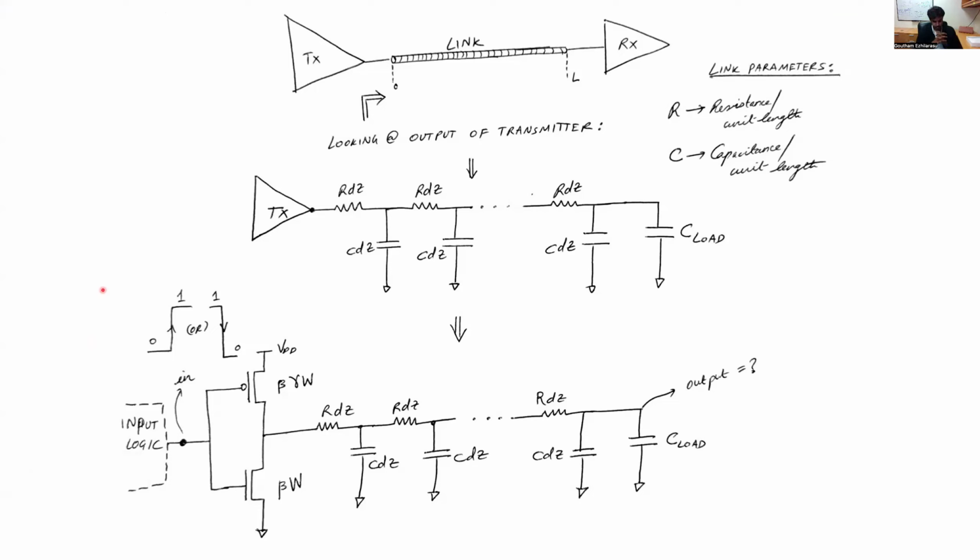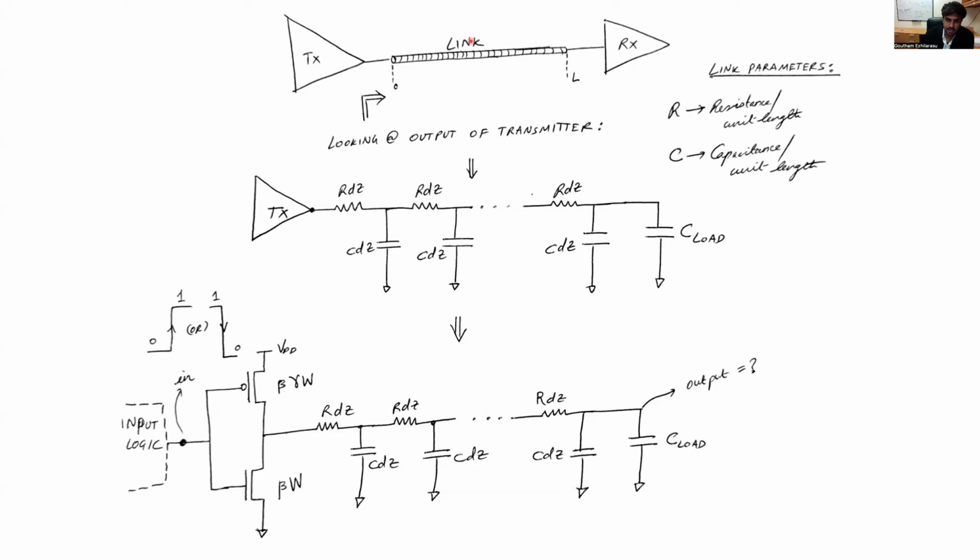Hello, everyone. So let us continue this lecture on CMOS-based transmitter and receiver design based on inverters. As we had discussed in the previous lecture, remember that the transmitter and receiver here are going to be inverters, and we are assuming that this link has a length which is much shorter than the shortest wavelength of the transmitted signal, and also the data rate is typically less, and therefore this link has a negligible value of